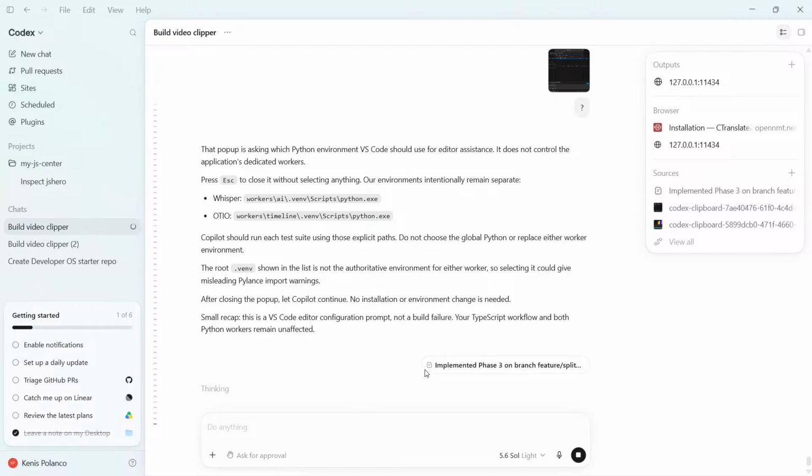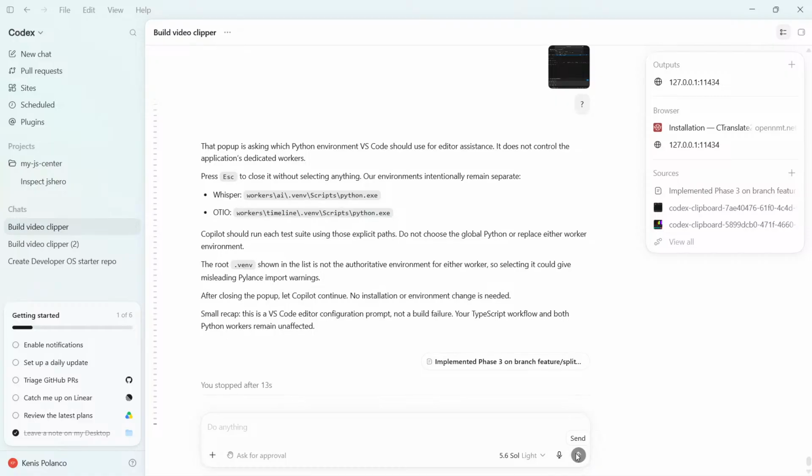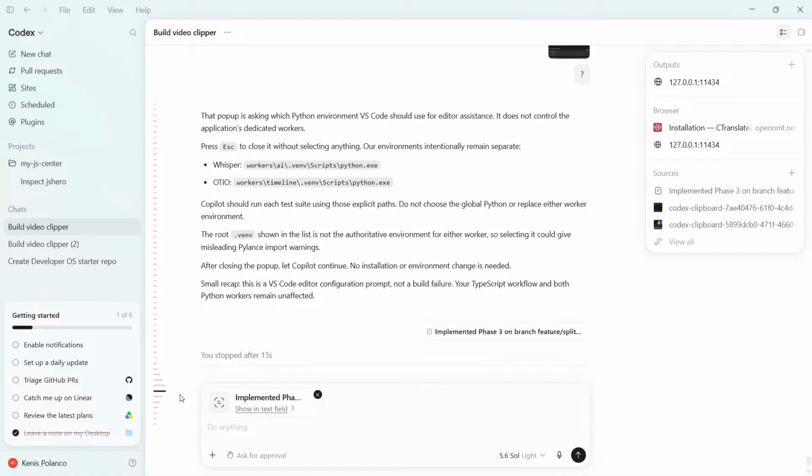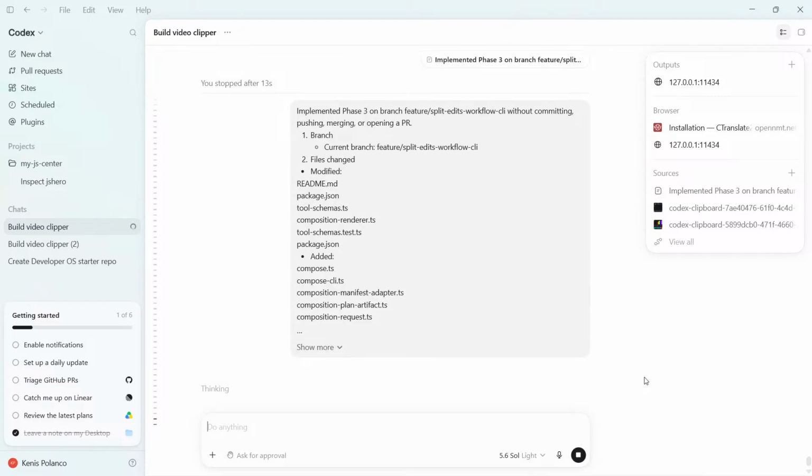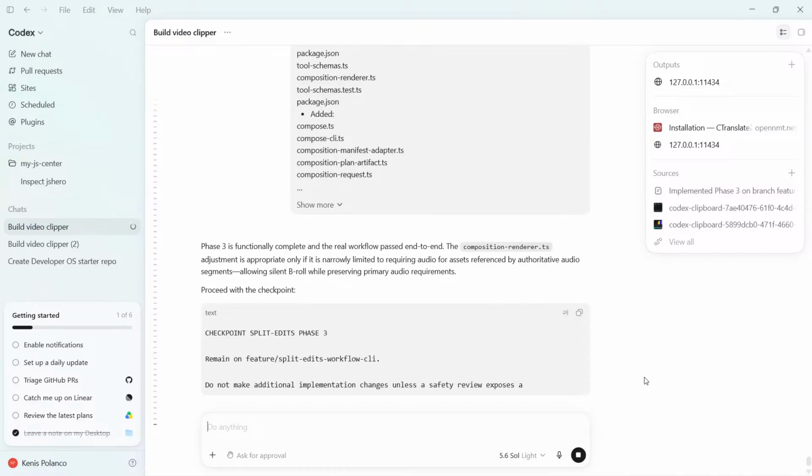Forgot about this. It doesn't take files. It needs to be in text format. So let me stop it. Do it again. Show in text format and then